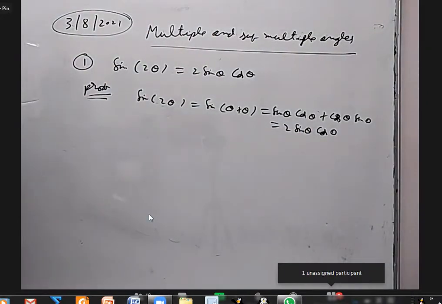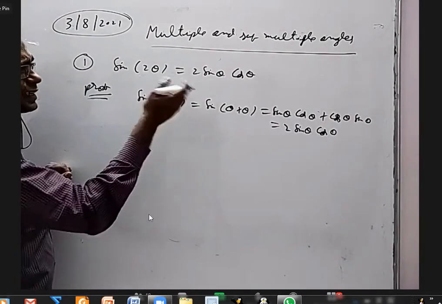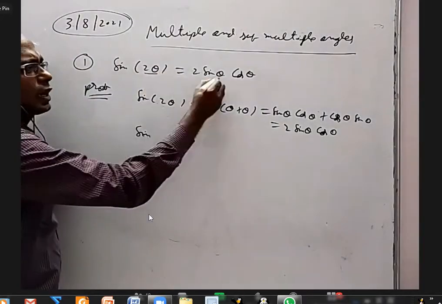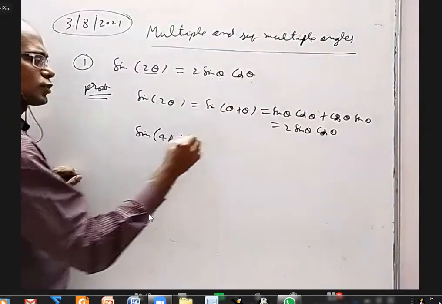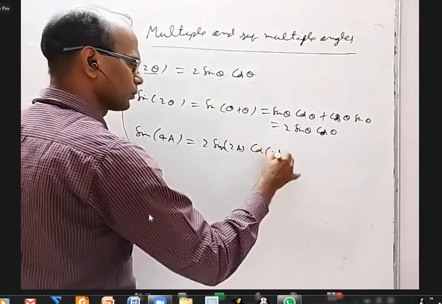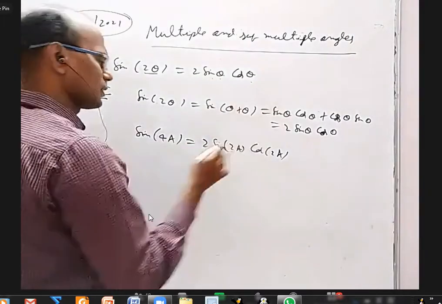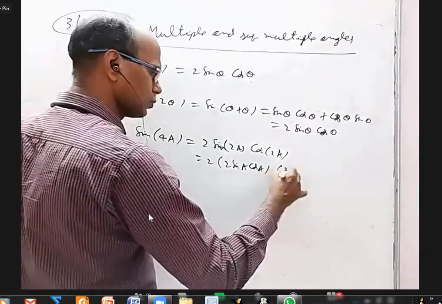Okay, very simple. Especially for those learning for the first time, I have to give some details in the sense that the same sin 2 theta formula can be used in many ways. Basically, whatever angle is here, half of that is here, half of that is here. One is sin, one is cos. So if I want sin 4a, I should be able to write 2 sin 2a cos 2a, because 4a is double of 2a, it's like theta is 2a. If you want, in turn, I can write the sin 2a as 2 sin a cos a into cos 2a.